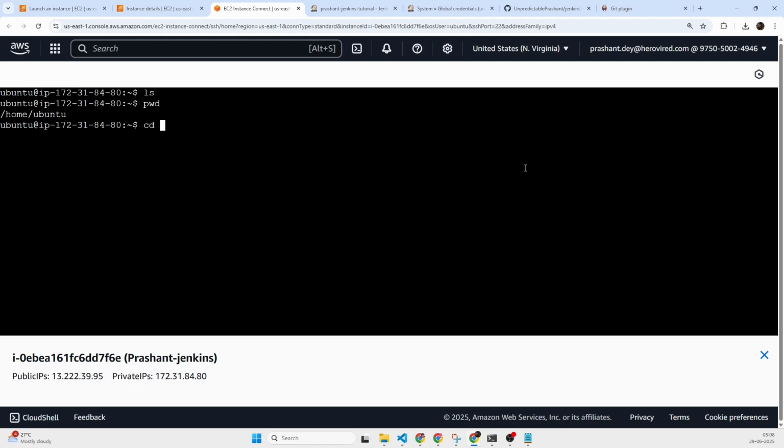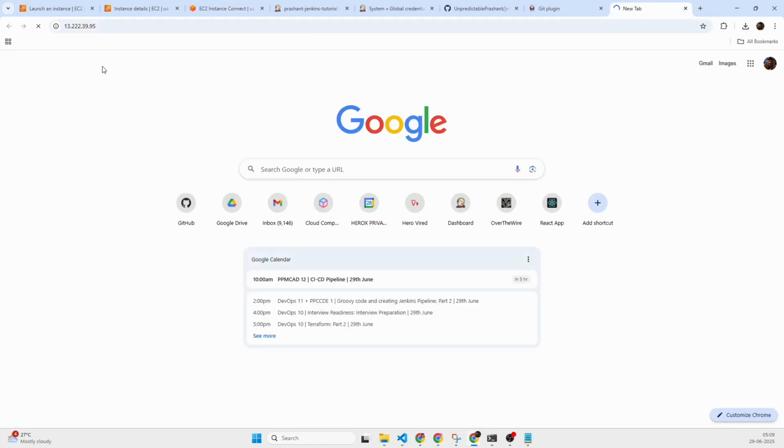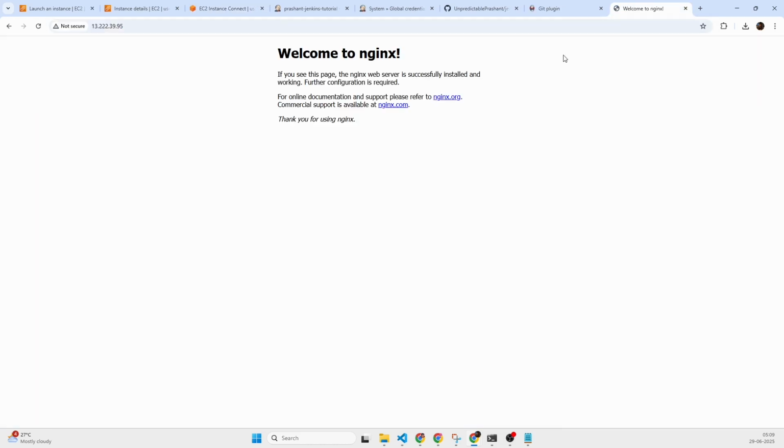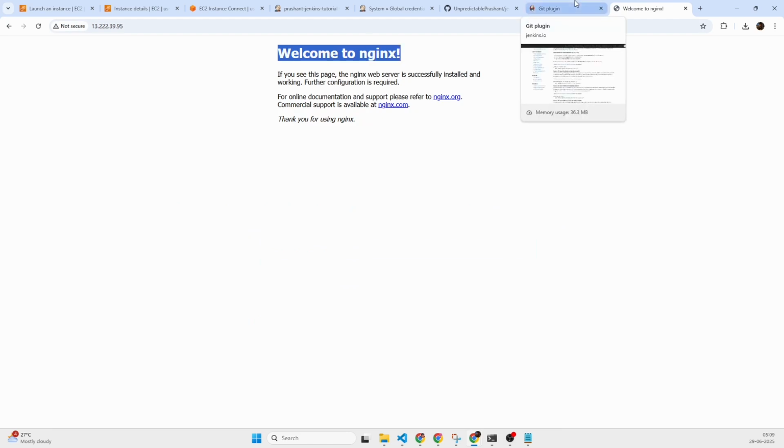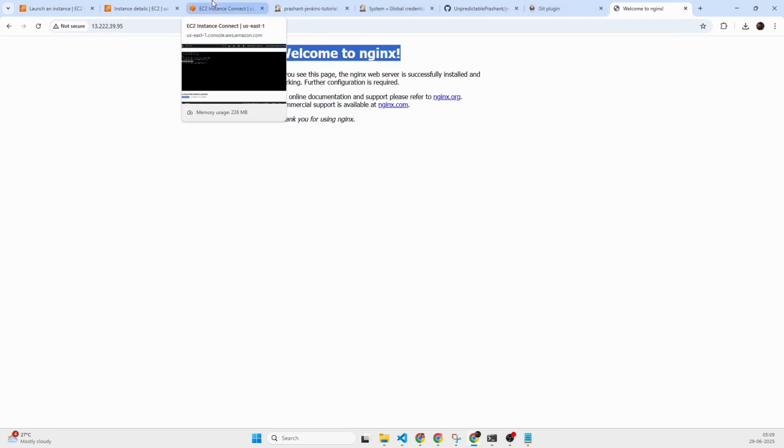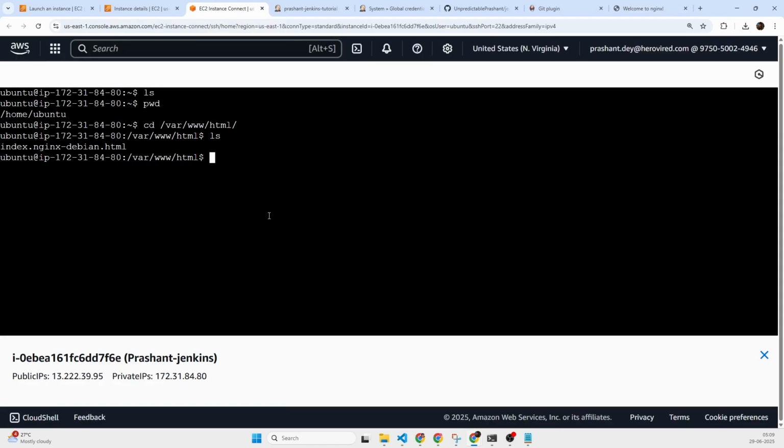So now if you look into my Nginx, the Nginx is there. You will always be able to find this index table option, which means if you just try to open this IP address, you should be able to see this Welcome to Nginx page open. However, obviously, we have our own HTML